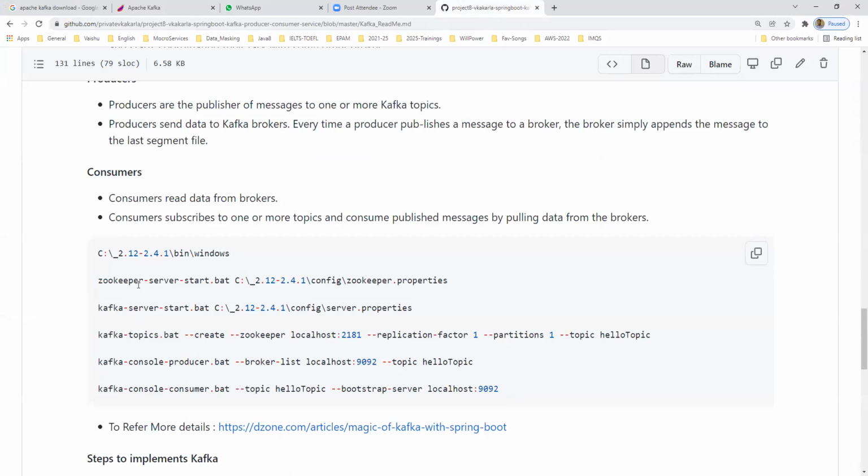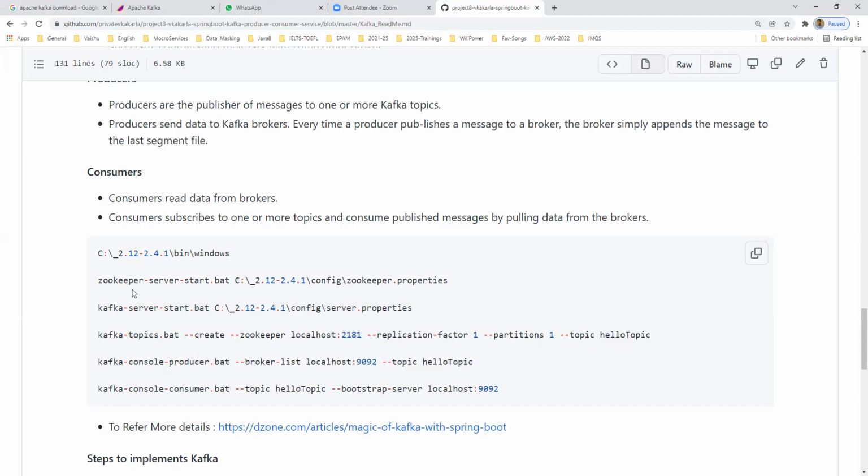First of all, we need to start Zookeeper. Why? Because Zookeeper is one of the servers which provides the statefulness for the Kafka server. If you want to run all components or events statefully, first of all we need a platform, and that platform is created by Zookeeper. That is the reason we need to run Zookeeper first.